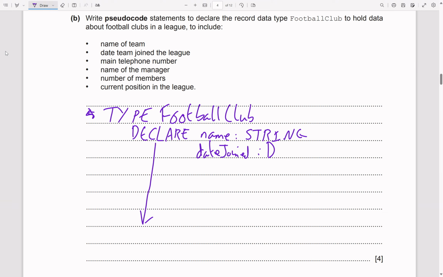Right, and of course, that's going to be date. The next one, what? Main telephone number. Let's say tel, telephone number. Now the telephone number, some people might think integer, but I think probably a telephone number should